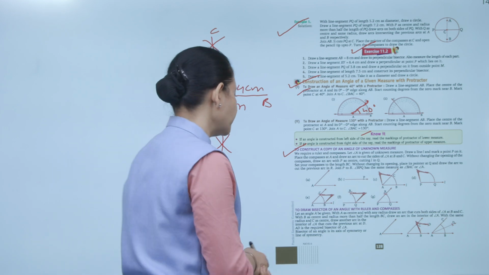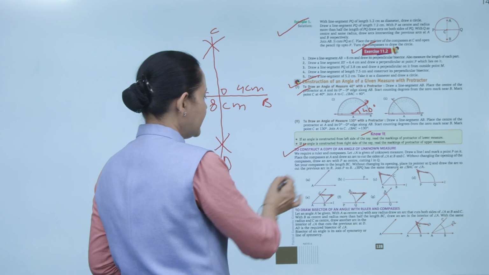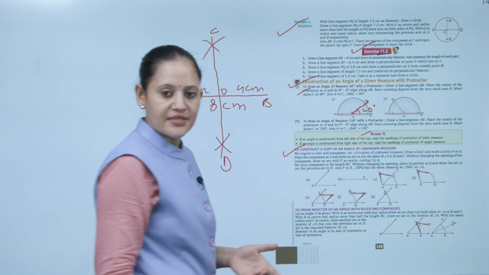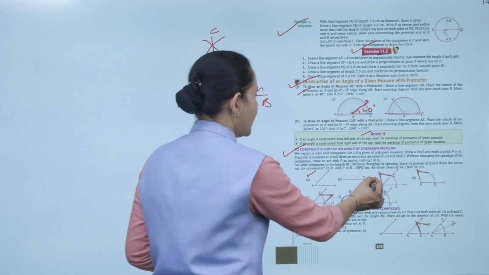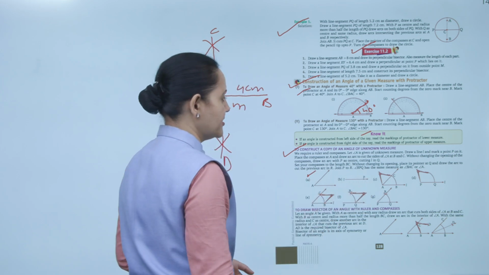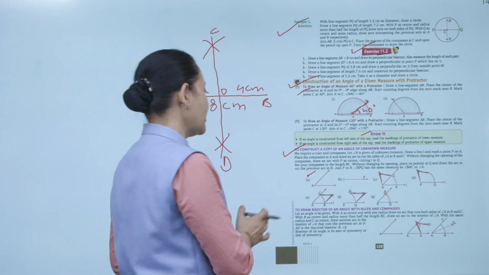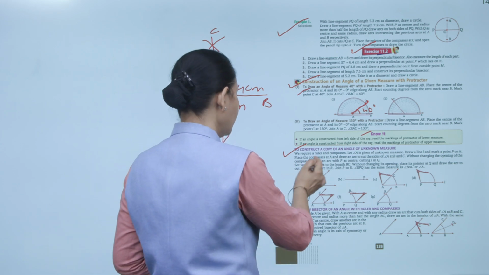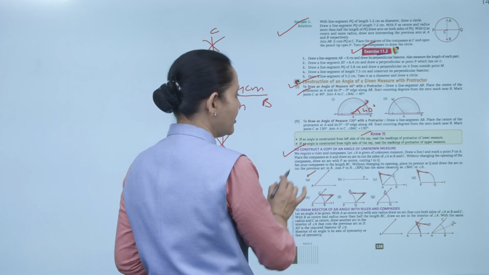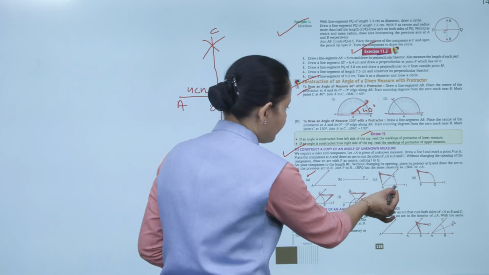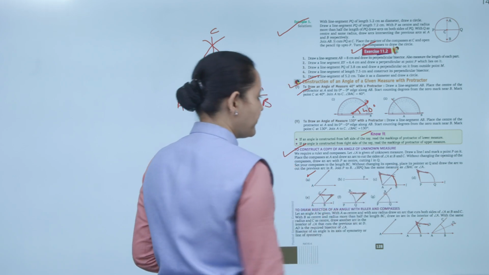So first what will we do? First, let this be the angle A. Clear? This is the angle A. Now we'll draw a line L and take a point P on it. Clear? Now what we'll do? We'll take the compass at the point A and draw an arc that cuts the angle A at B and C like this. We'll make an arc on B and C in this way.